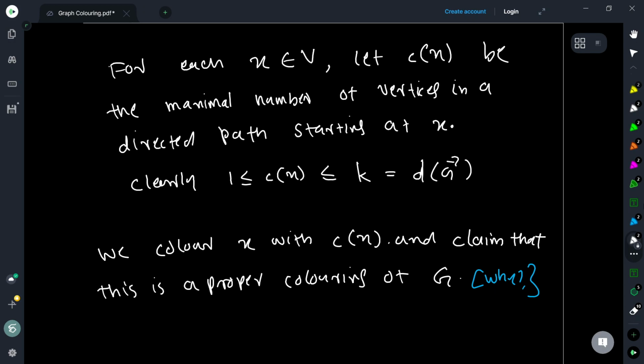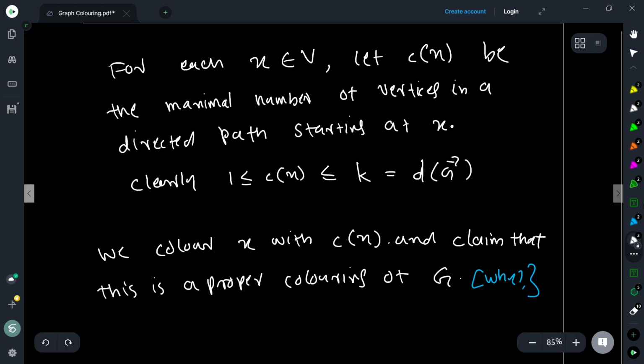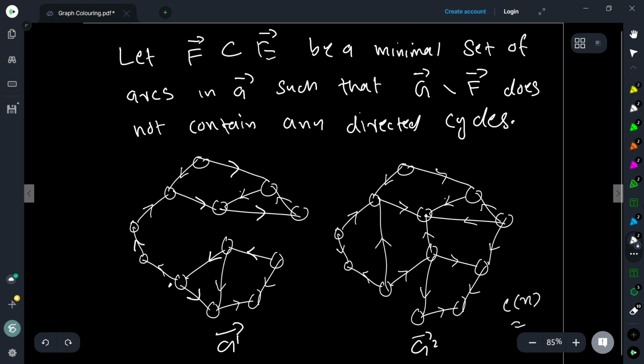So there are two cases here we need to consider. To look at a coloring and say that it is proper, all you have to show is that adjacent vertices get different colors. So what are the edges in the graph? The edges in the graph will be either from the edges that we have removed, from E cap, which is edges in F oriented, or